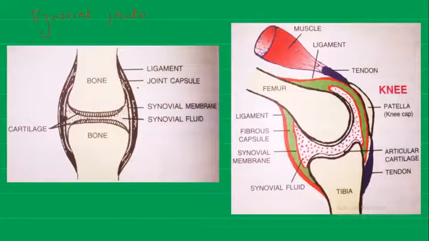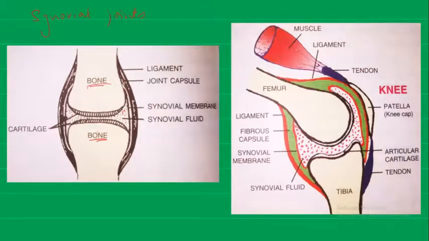Firstly, they should be held firmly in a certain position, and secondly, the surfaces coming in contact should be well lubricated to remove the friction. So the two bones are almost in direct contact with each other. The lubricating fluid that is there is known as the synovial fluid, and therefore the joint is known as the synovial joint. The knee joint, for example, is a synovial joint. It is held in position by strong ligaments.